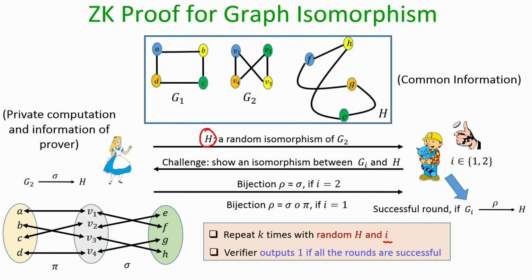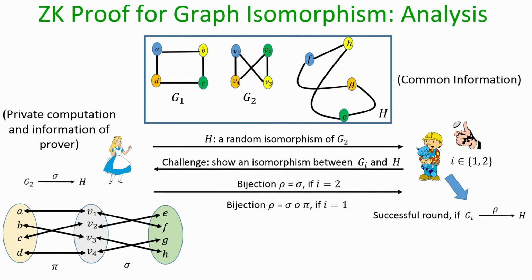And the verifier Bob is going to output 1, namely it will say that indeed Alice knows the secret mapping pi, if all the rounds are successful from the viewpoint of Bob. That means, in all the rounds Alice has successfully submitted the responses rho, whereas if in any of the rounds Alice fails, then Bob outputs reject. That means, Bob rejects the claim of Alice. That is a zero knowledge protocol here for the graph isomorphism problem. So, now let us do the analysis.